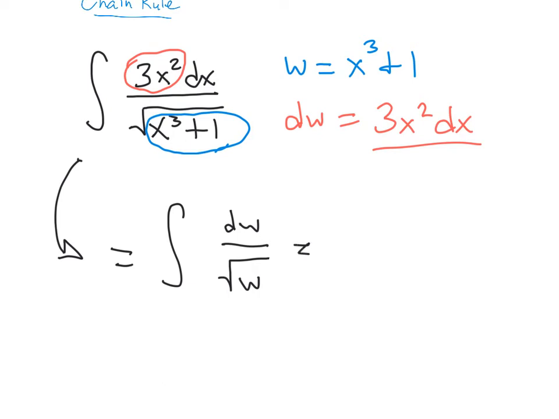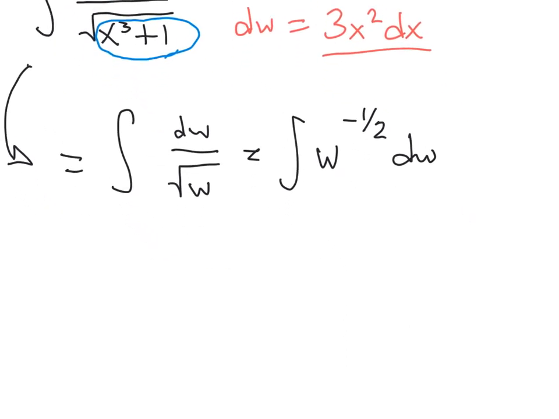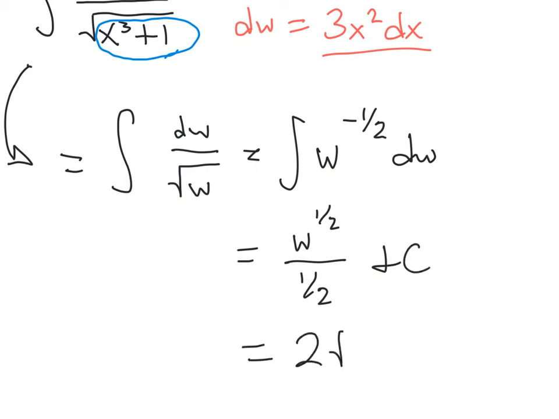And we talked about in class the fact that that is the same as w to the minus 1/2, and we also talked about the power rule, which tells us that the antiderivative of that is w to the negative 1/2 plus 1, that's 1/2, over negative 1/2 plus 1 plus c. So that works out to 2 square root of w plus c,